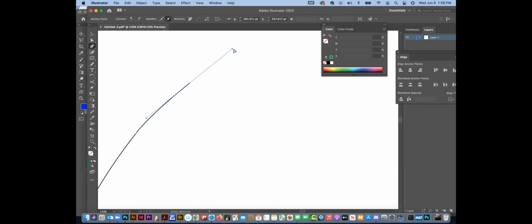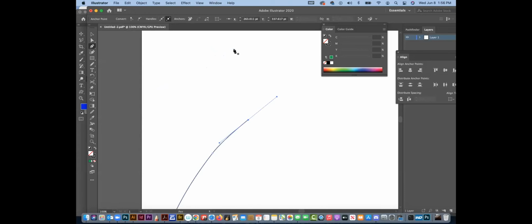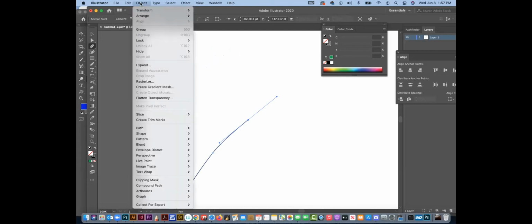Okay, so it does connect it. Yeah, if you hover right over the end point with your pin tool, it'll give you that little angle line. That means click and I'm going to connect. Or if it's after the fact, take your white arrow tool, select both of those endpoints and just hit Command J. And Command J should be under